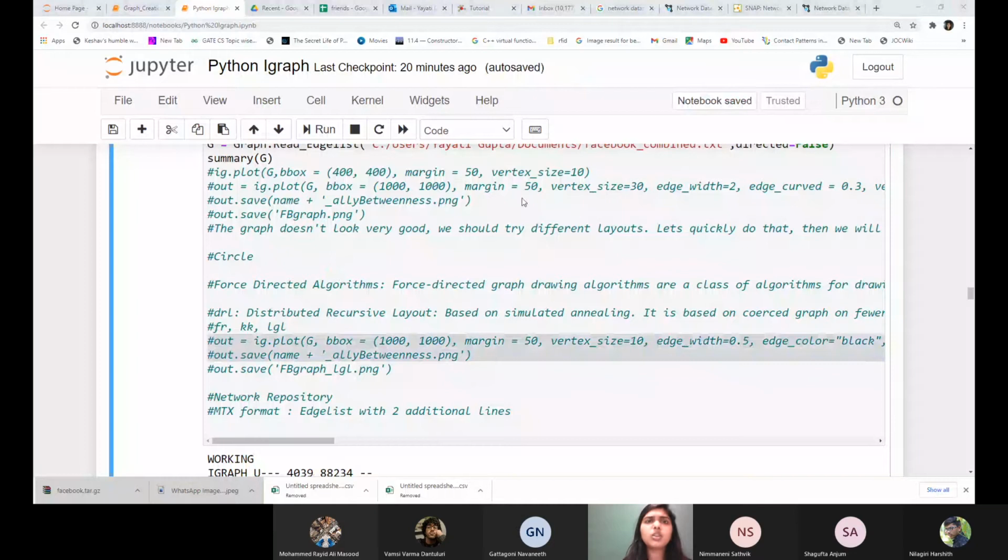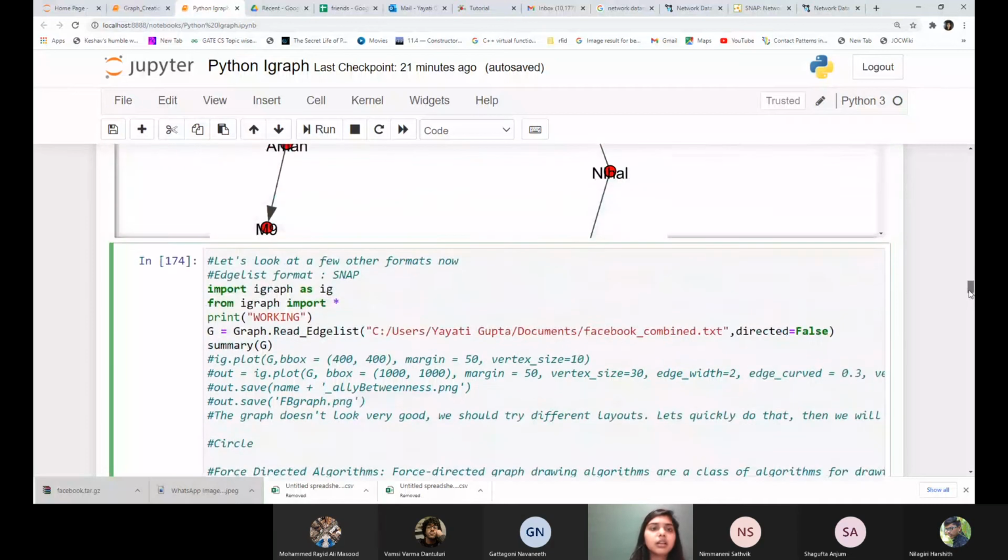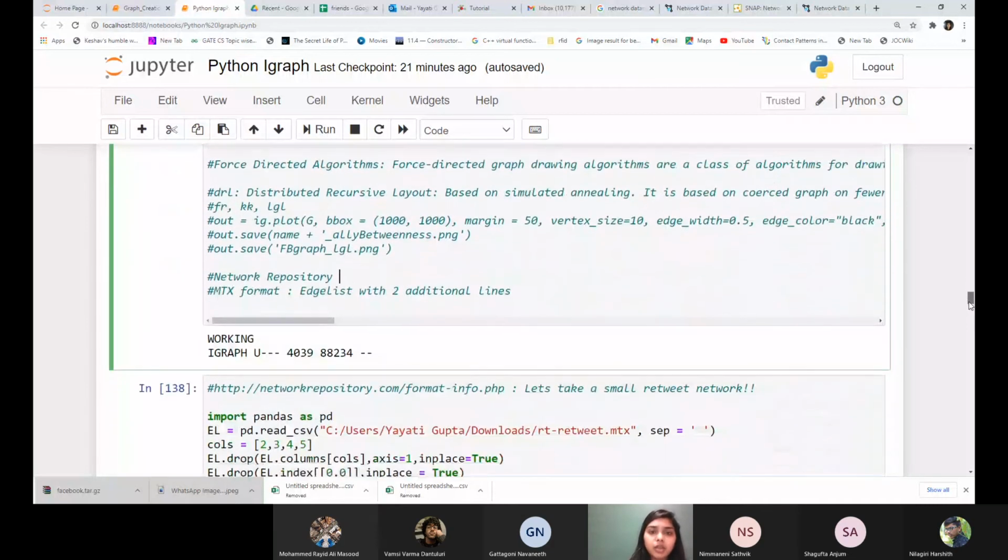This is another. So this is also a result of force directed algorithm, which doesn't work very well on our data set. So generally, mostly on the real world networks, the algorithm which works quite well is this one here, FR, which is Fruchterman-Reingold algorithm. Again, a force directed algorithm, but most of the times it gives good graphs for your real world networks. So you should try and play around with all these different layouts and see which one suits you the best. So this was regarding one of the graphs.